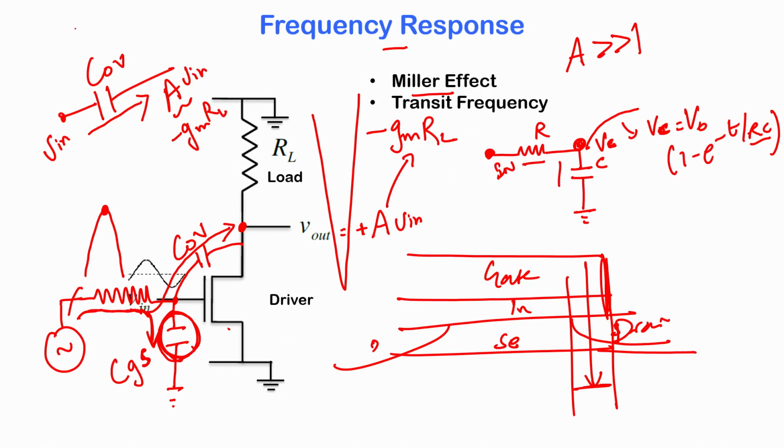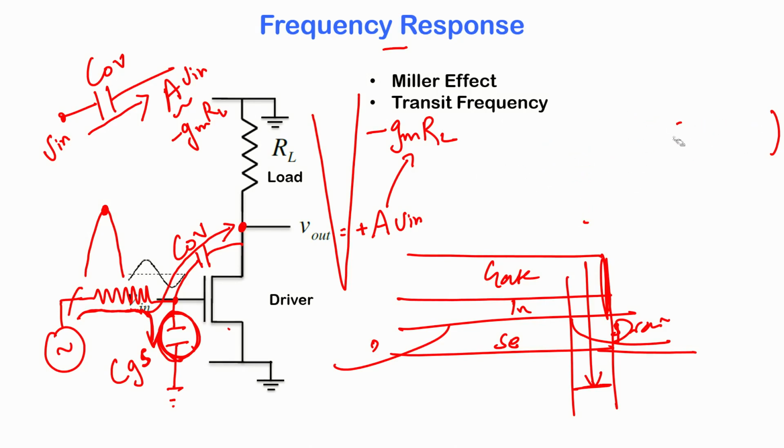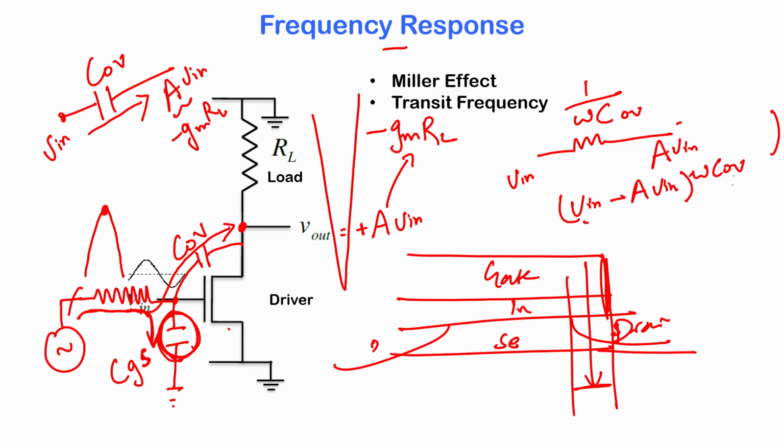And if you want to represent the capacitor as an effective resistor, you can do so by simply replacing it with an impedance of 1 by omega C overlap. So, that is basically your resistance. So, you have a current of V n, the voltage drop across this is V n minus A V n, into omega C overlap, is basically the current through the circuit. Or in other words, you have a current of V n into (1 minus A) omega C overlap